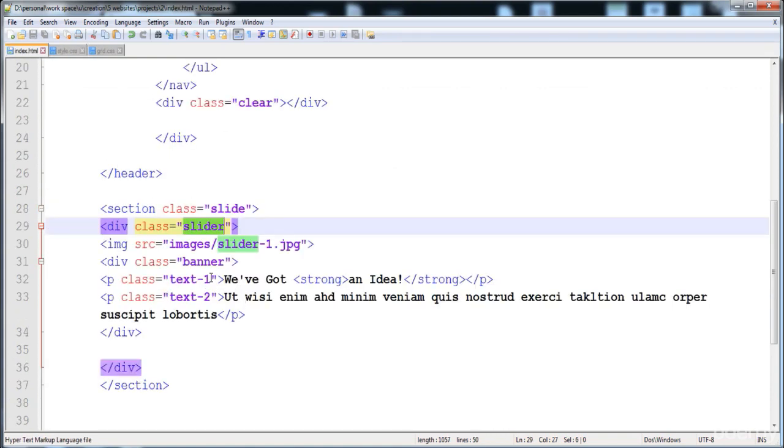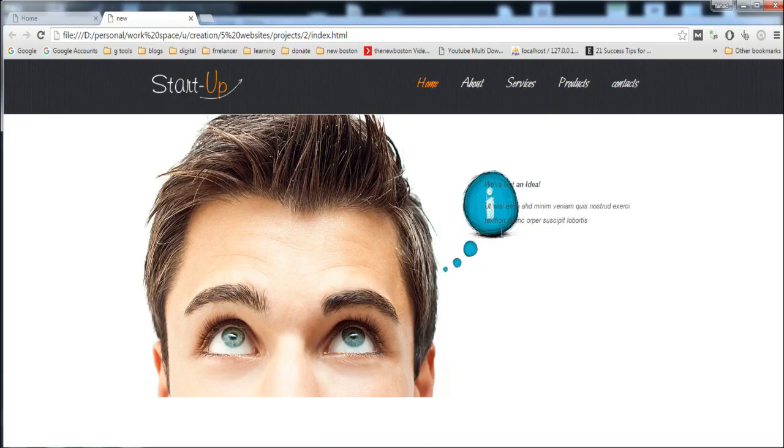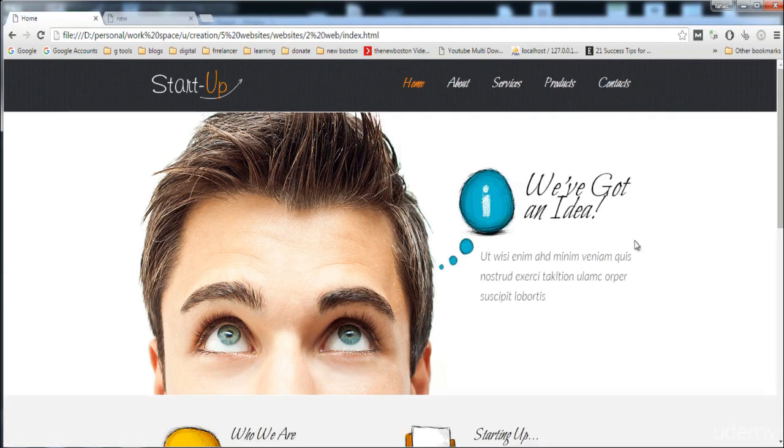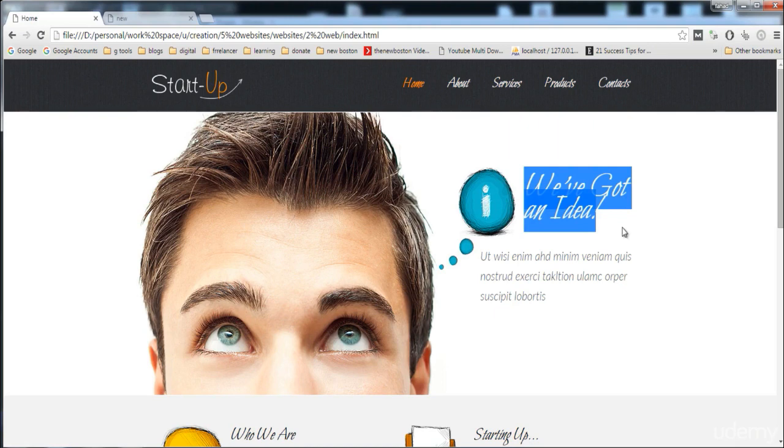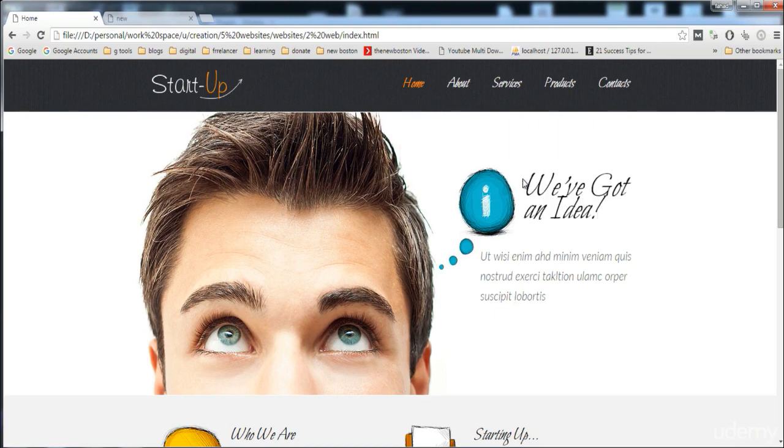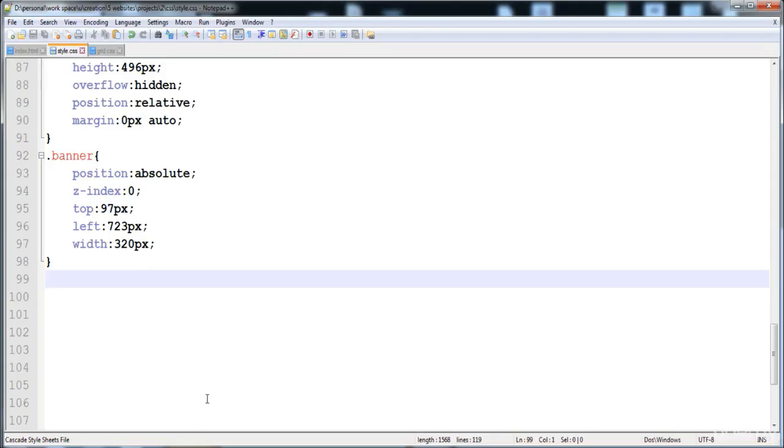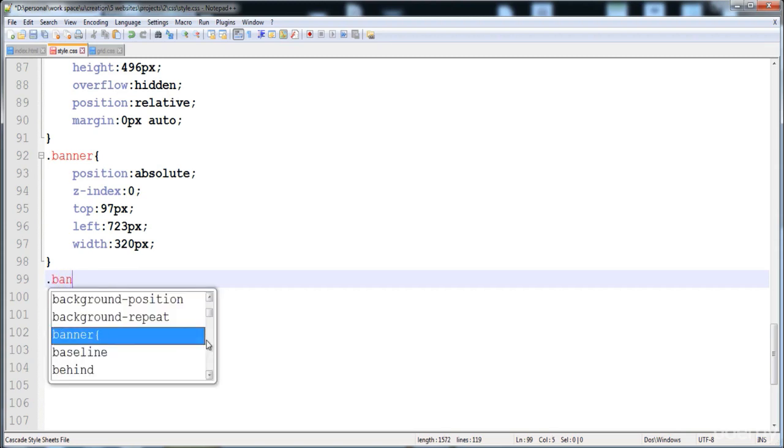by giving the style to the text one. Here I'm gonna use this class. The text one is this first line, and I'm gonna give it the margin on the left side and the bottom side, and then I will give it the white background. Here you see that this is the text one. We will give the margin on the left side and the bottom side and display it as a block, and then we will give the font family separately to this text one because we are going to use this text one at many places. So here first of all